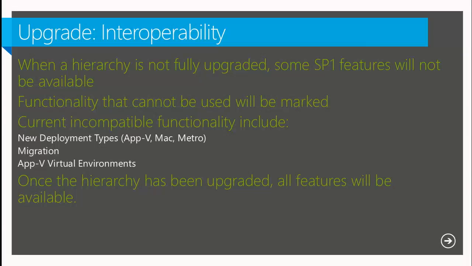So just some thoughts about what kind of objects you might not be able to create. We have a list here of all the new deployment types. So that involves the Mac, some of the apps that we have out there, and AppV. Some of the new migration things that we've got set up between a V5 hierarchy, a 2012 SP1 hierarchy, and the AppV virtual environments. And once again, the rule of thumb here is that once the entire hierarchy is brought up to the Service Pack 1,